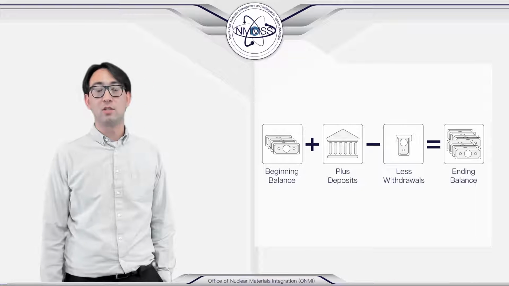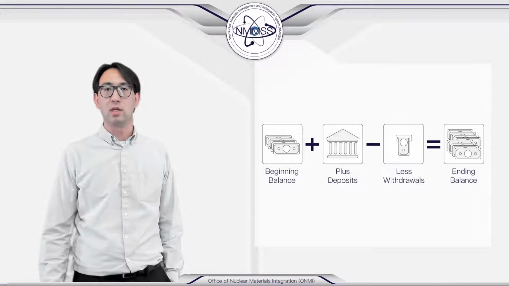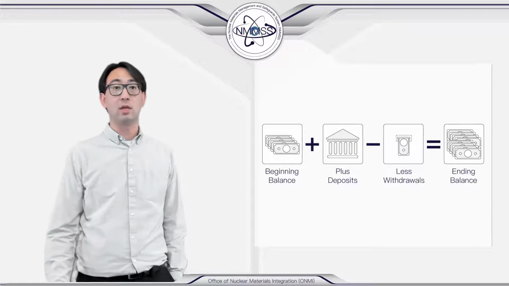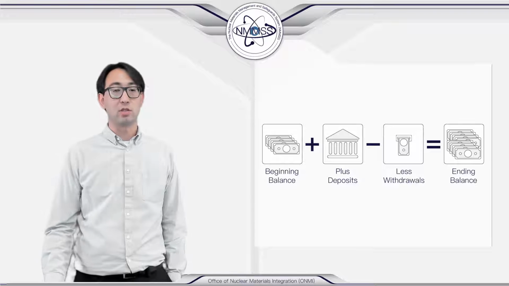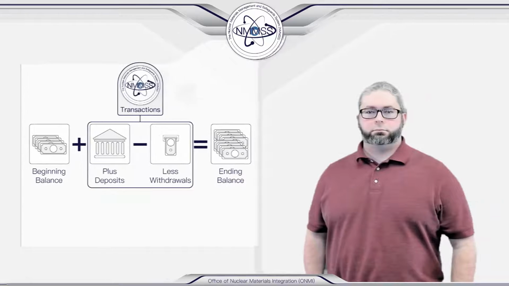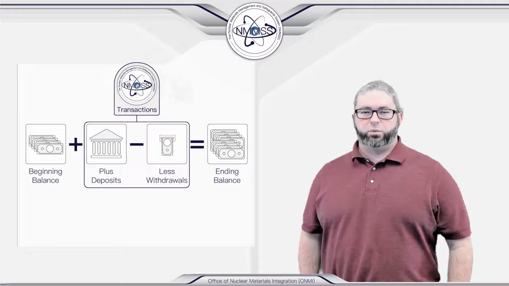John, let's equate this definition into a practical example. Think of a DOE site or NRC licensee as a financial account at a bank. This financial account records money going in and out of the account through the holder of the account, issuing checks and deposits. In NMMS terms, these items are transactional records. Periodically, the bank will issue a report to the holder of the financial account, stating the activity that has occurred since the last report. This report correlates to the derived material balance records in the NMMS reconciliation definition.